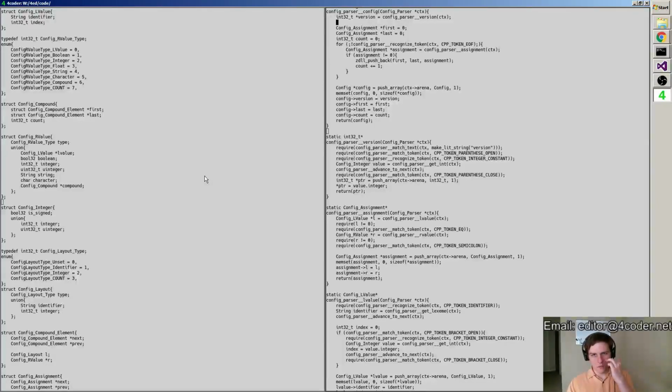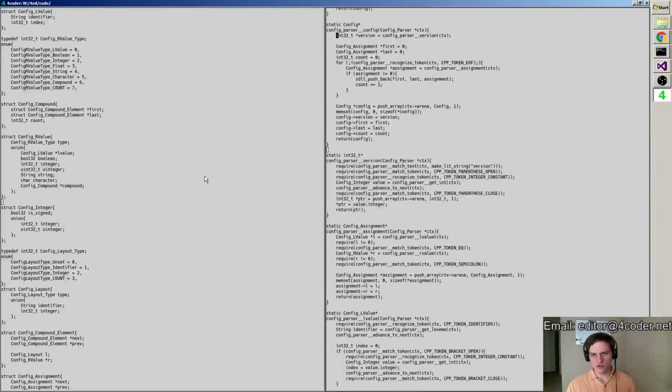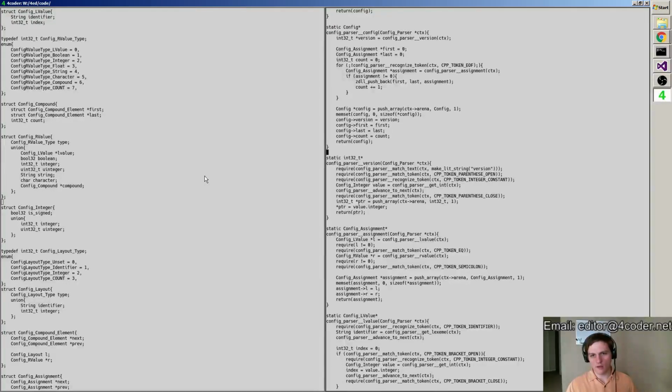Alright, so when we go to parse the version here, we don't require that we get one anyway in the grammar for it to be correct. But in order to get the version correctly, it's doing these things. I think these requires are correct. If any of these are missing, then we didn't get a version correctly.